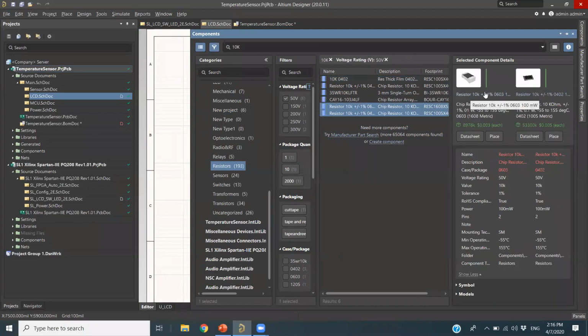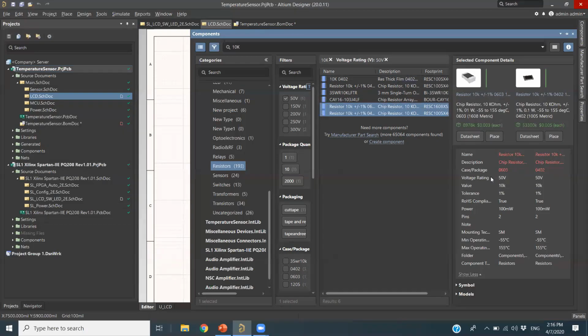So the first one, you have the resistor, and the second one. You will see first the availability of the components here, in green color, and the cost of the component, followed by the data sheet of the components. The data sheet is here for both the components, and if you want to place it in your design, it will allow you to place the component.